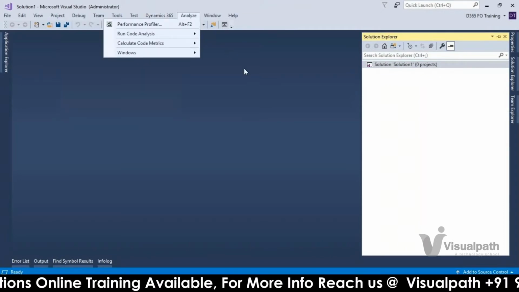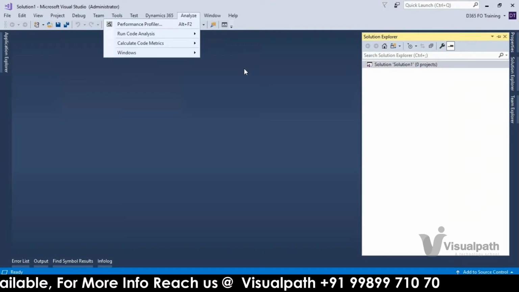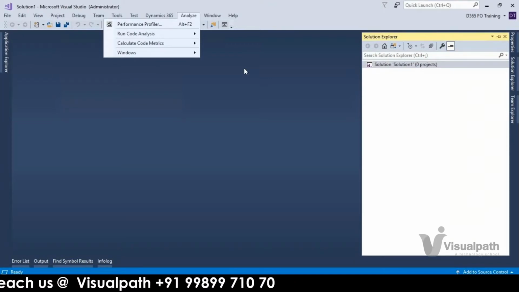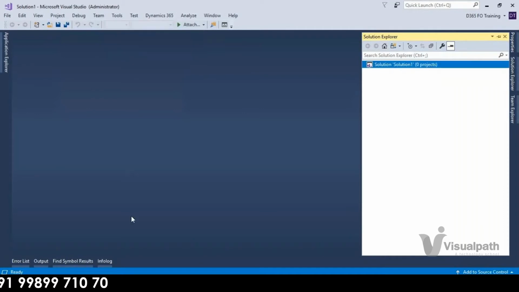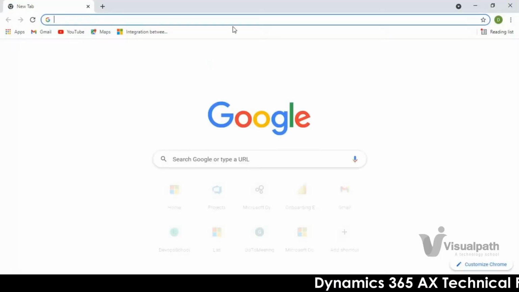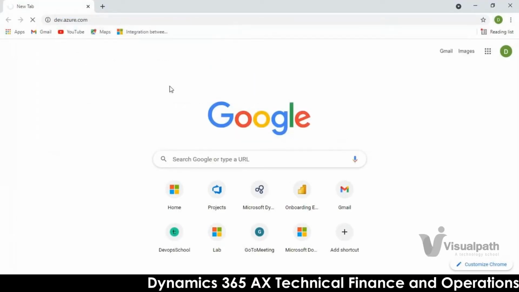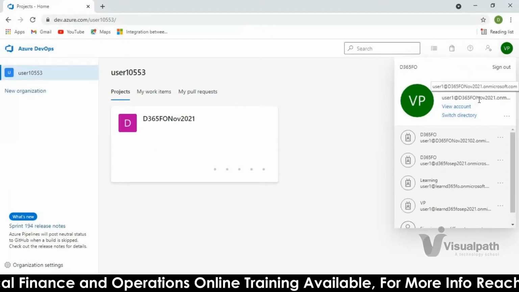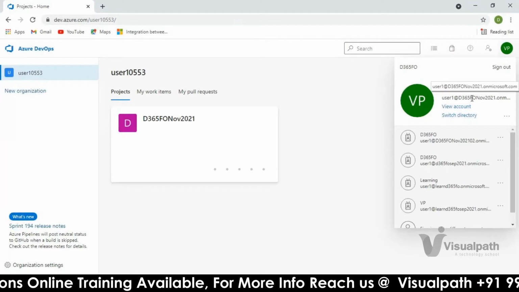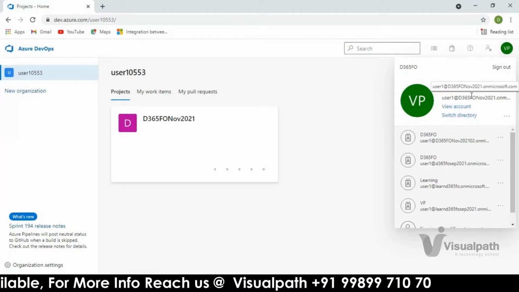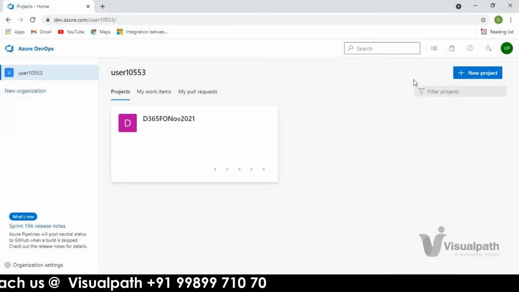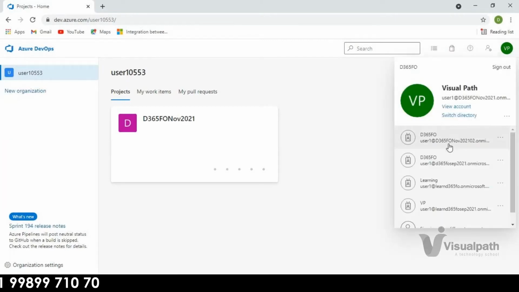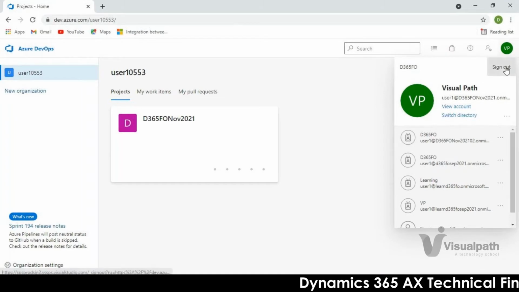Now we have created the Azure DevOps side. We have created the VSTS branch and all, and I mentioned that we need to create the folders. Let me sign out and log in with the correct ID.